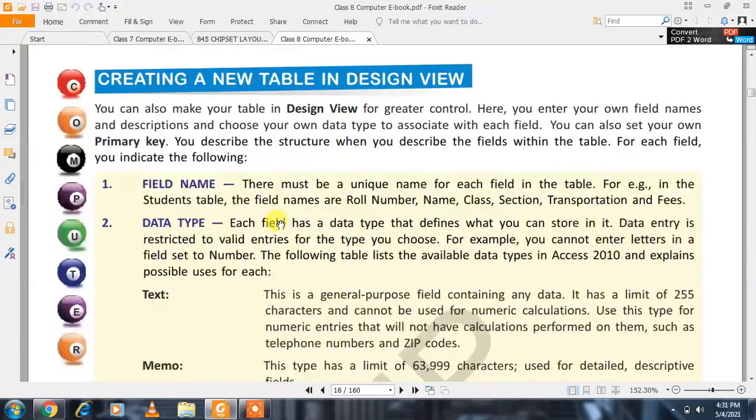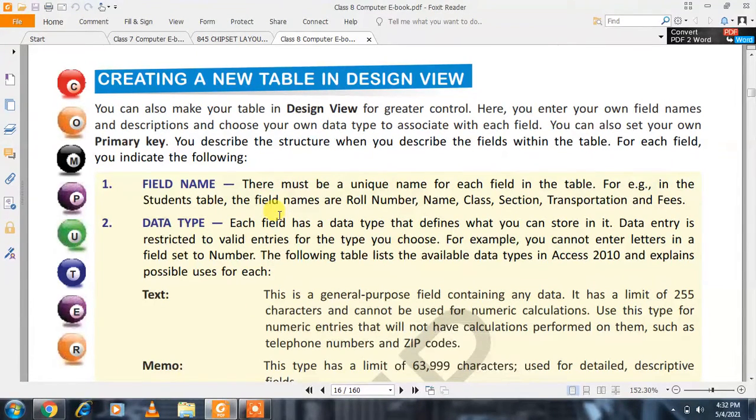Now, creating a table in design view. That was the part about creating a table from the datasheet view, but how can we create the table in design view? I told you there are two views, datasheet view and design view. In datasheet view we created the table that way, so how will we do it in design view? We can also make the table in design view, where we have more control, and we can also apply descriptions and a primary key which will be unique for the whole database.